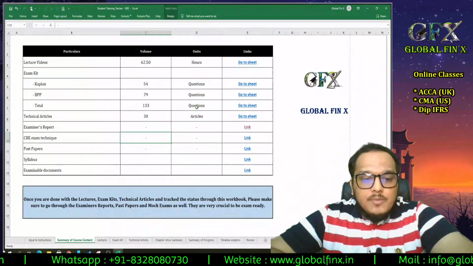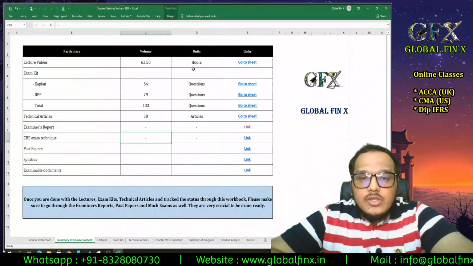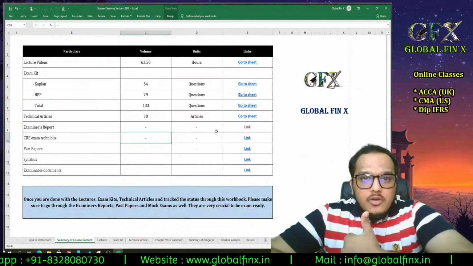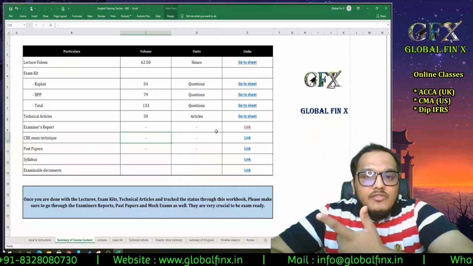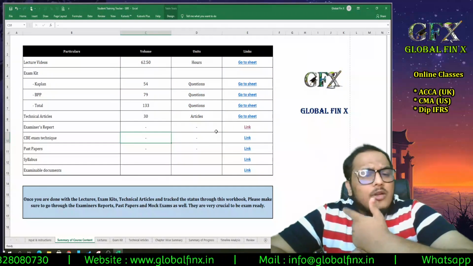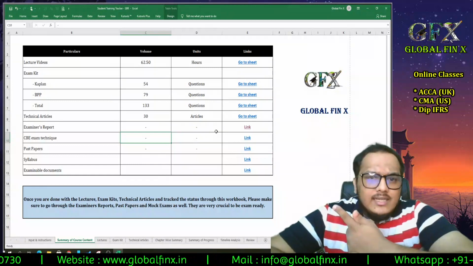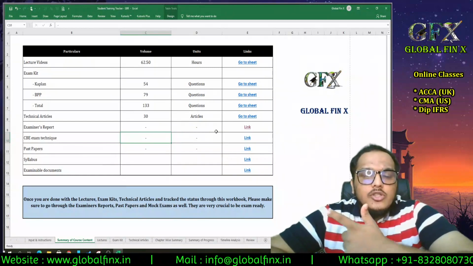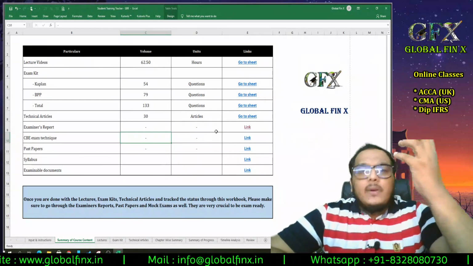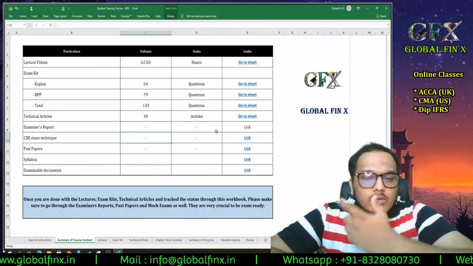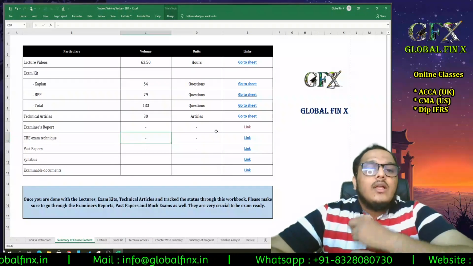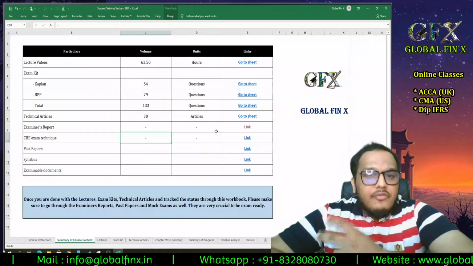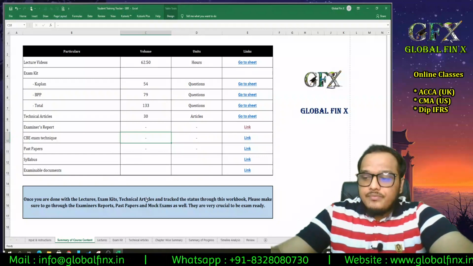Then, moving on to the next part of the content, that is lectures. The sequence that you need to follow is basically watching the lecture, giving a reading for the study text, whatever study text, Kaplan or BPP, I don't mind. Study text reading once, just so that whatever concepts are taught in the lecture, you will be able to comprehend them. So you need to go through a study text reading just once. And you also need to read the class notes that we give you for reference purposes, right?